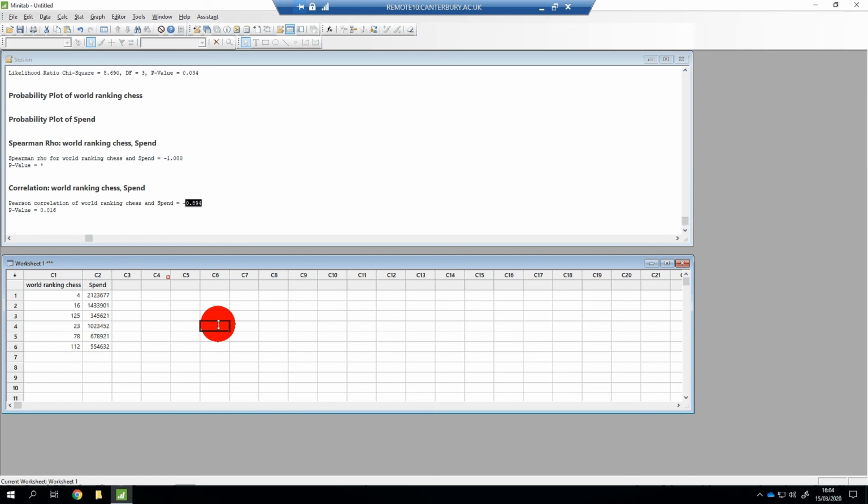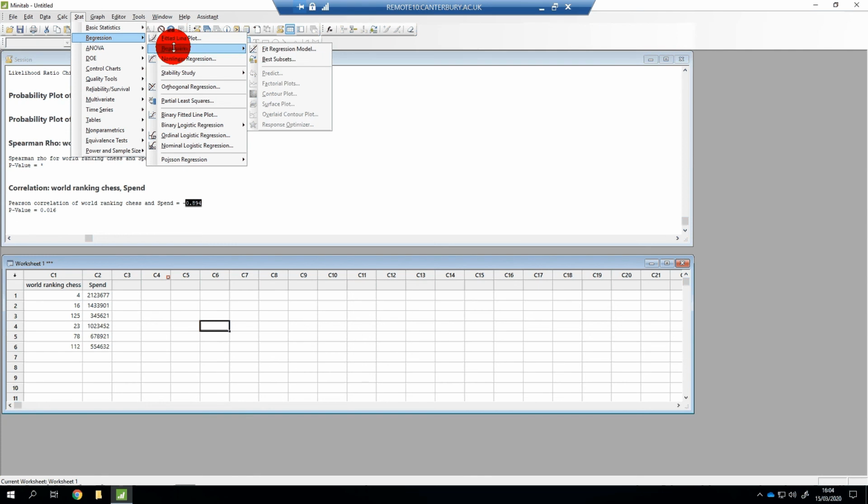So for a regression analysis, you can only run it on parametric data, on data that fit a normal distribution. So we've tested the data for normality already, so we know that we can use a regression on these data. So if I go into Stat and go into Regression, I can go into the regression models, linear regression models, and it says Fit Regression Model with a little line through some dots. Click on that